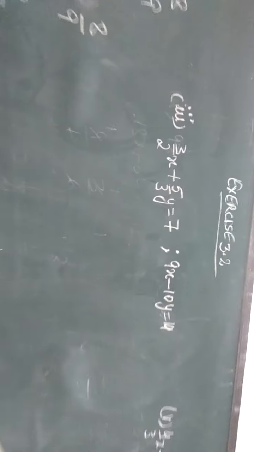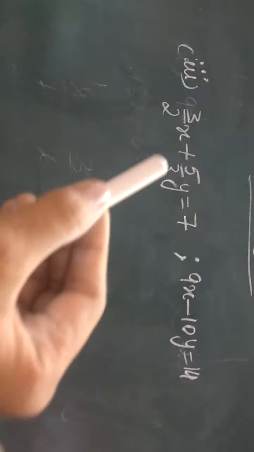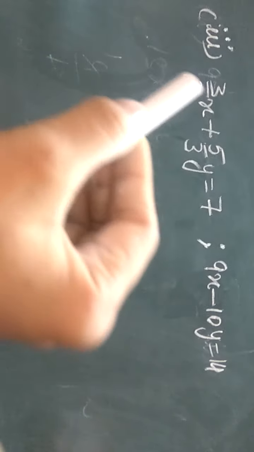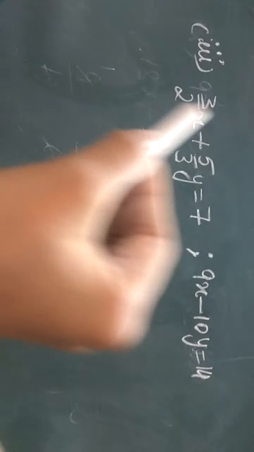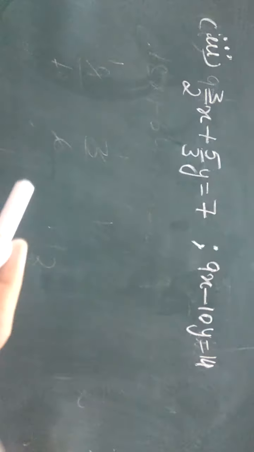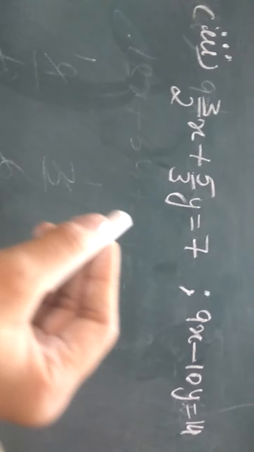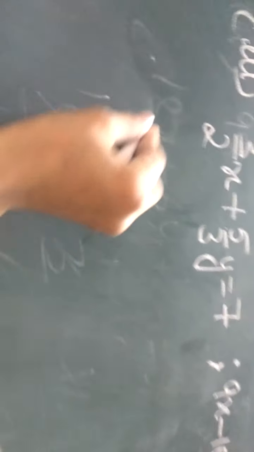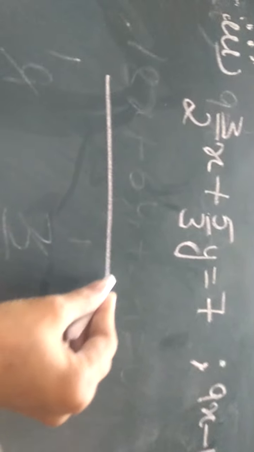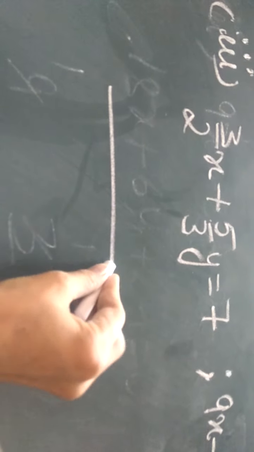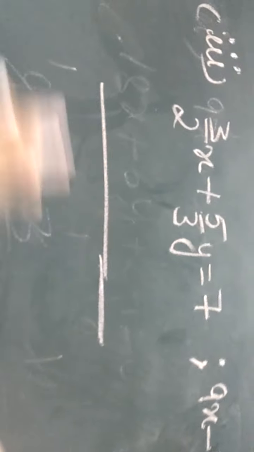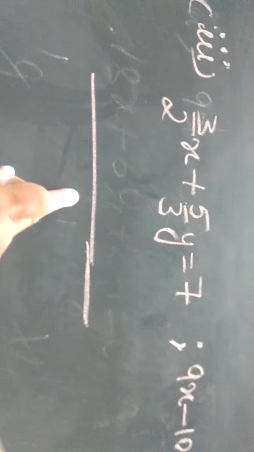Now let us move on to the third part. In this part, dear students, in the first equation you can see the coefficients are in the form of fractions. So there are two methods. One is directly taking the ratio 3 by 2 divided by 9, but in that case you will get confused. So let us first remove this fraction by taking the LCM. So 2 and 3, the LCM is 6, and if we want to take complete LCM, then we can take that also. In that case, if we take the LCM with the equal to also, then in the next step no need to take the denominator.